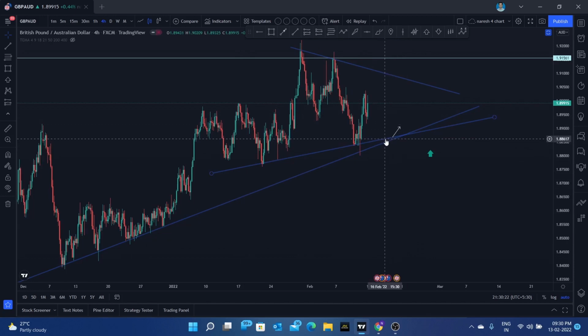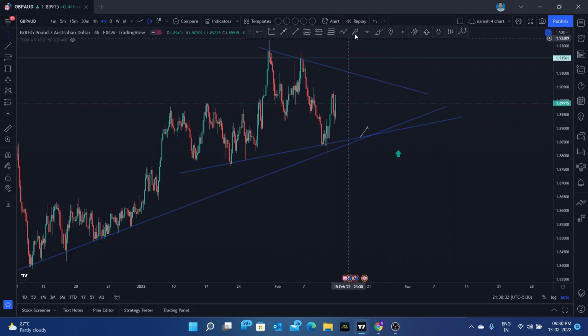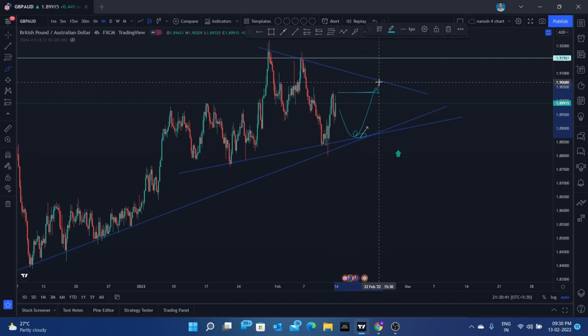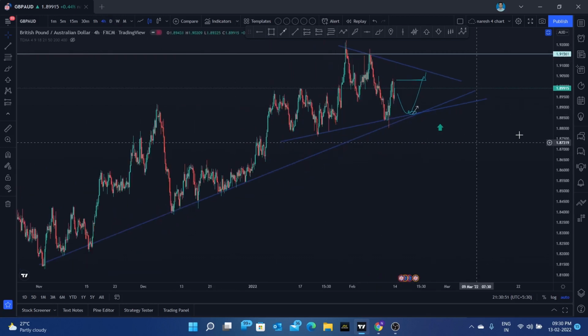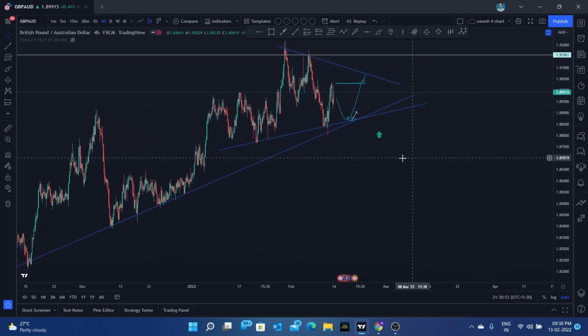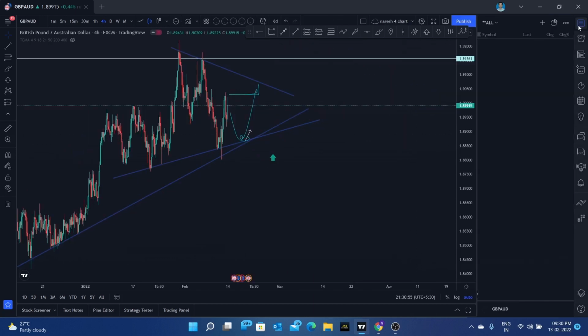If the price is coming to this area and holding this area, and if it is making some kind of bullish pattern, I can look for a long entry, guys, and trade within this triangle. Like it is coming to this area and holding this area, I'll be taking this trade and going with the first target of this area, and so that would be for GBPCAD, guys, because it is in a triangle pattern. So I would not be expecting more in this GBPCAD, guys. So let's go with